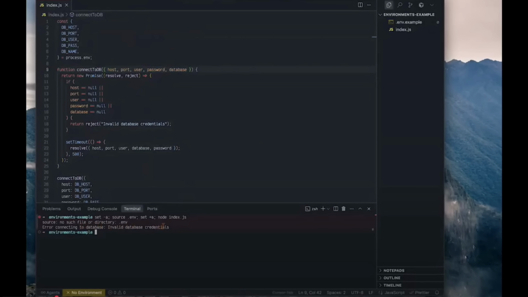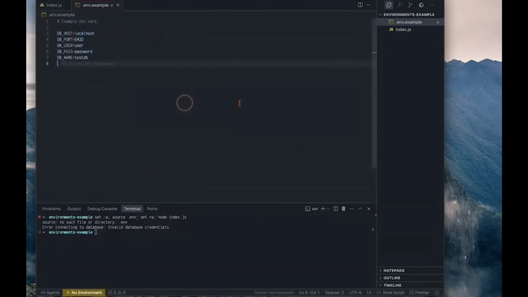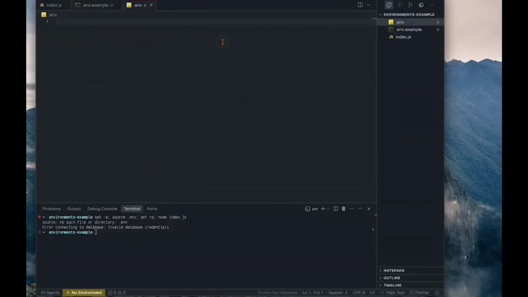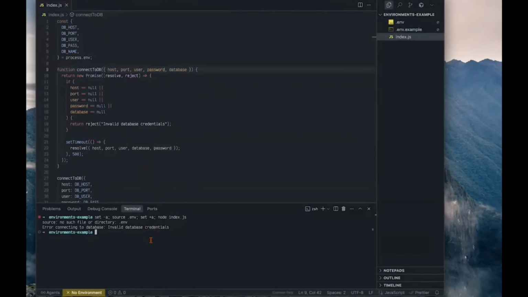So what he does next, as the first step of trying to make this a little bit more secure rather than putting those credentials directly in the code, is he creates an environment file and puts those credentials there. But obviously this is a plain text file, right? So obviously not the ideal solution. He runs it again, and it works.